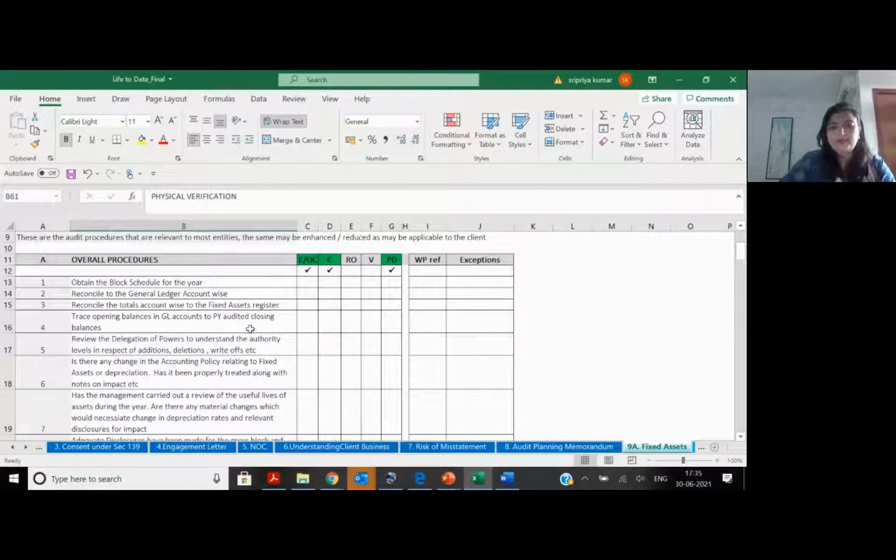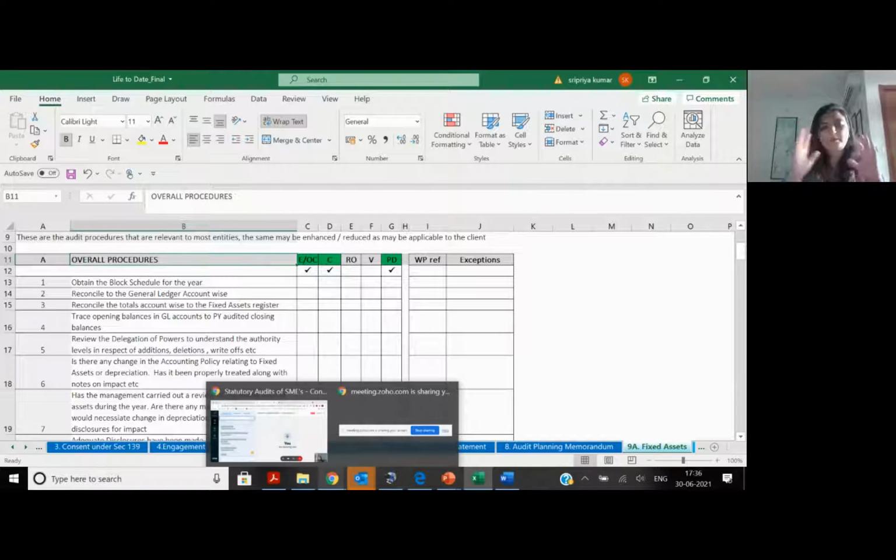So now we go to the main checklist. I'm going to do the assets, and if time permits, revenues also, but otherwise we can conclude with assets. So for all these templates, there is a common standard. The common standard is that it reflects the assertions. There is a procedure which covers every part of the process. So in that sense, if you see, this marries internal audit, ICOFER, and statutory audit requirements. Let me explain to you how.